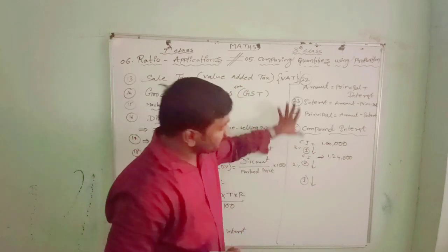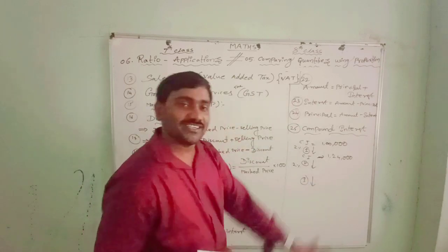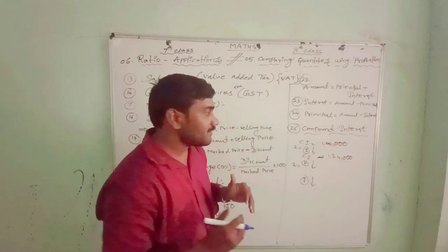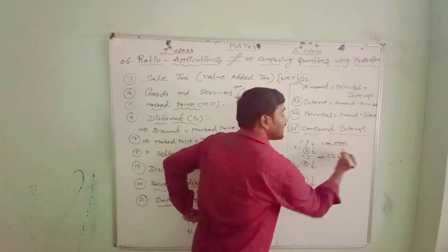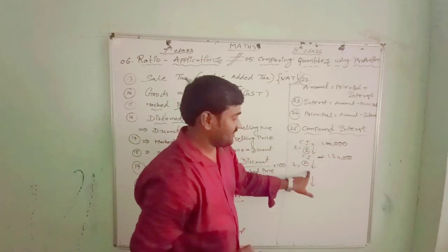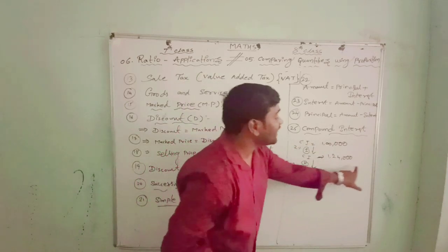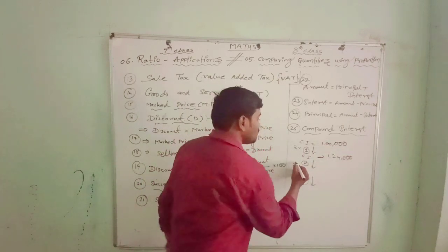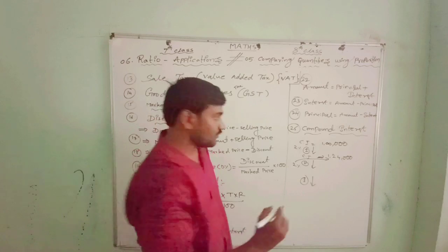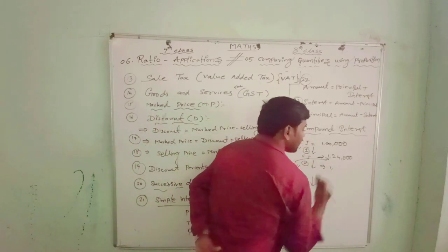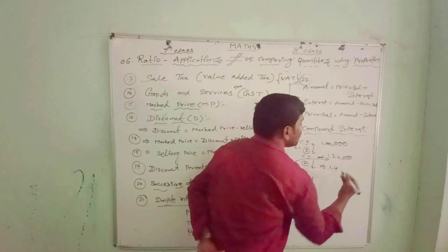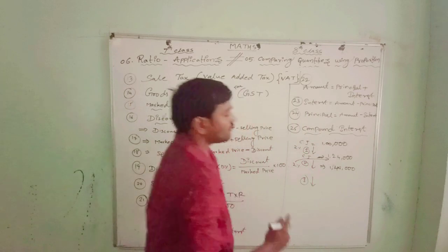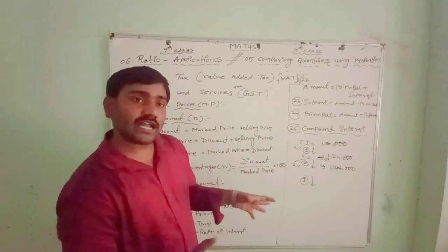But with simple interest, you keep it for 1000 years or 100 years or 10 years or 20 years, they will calculate only on the principal amount. But here, see, this 2% will be calculated on this 1 lakh. The next year the 2% will be calculated on the principal amount plus interest amount, that is 1,24,000. Then the amount becomes, suppose, 1,49,000. And the third year also you are keeping it.